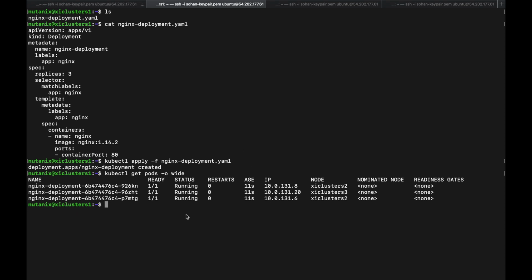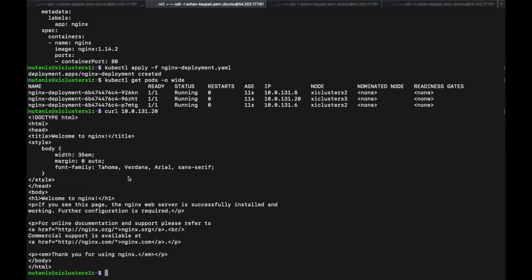So now that we have our pods up and running, let's test our network and see if it actually works. We can see that we are on the first pod, and let's choose a pod on the third node. Let's try to curl it. So yeah, we can see that it fetches the default page for Nginx, so that's working. But this is too easy. Let's make it a bit tougher. Our networking will be well validated if we can access this pod or any other pod from my browser window.